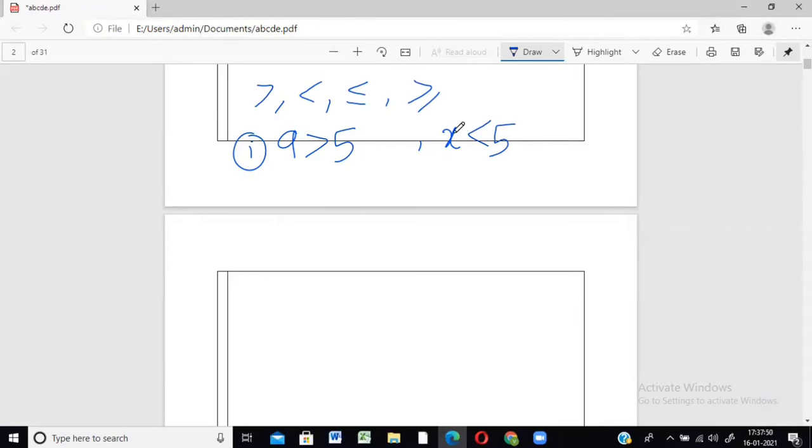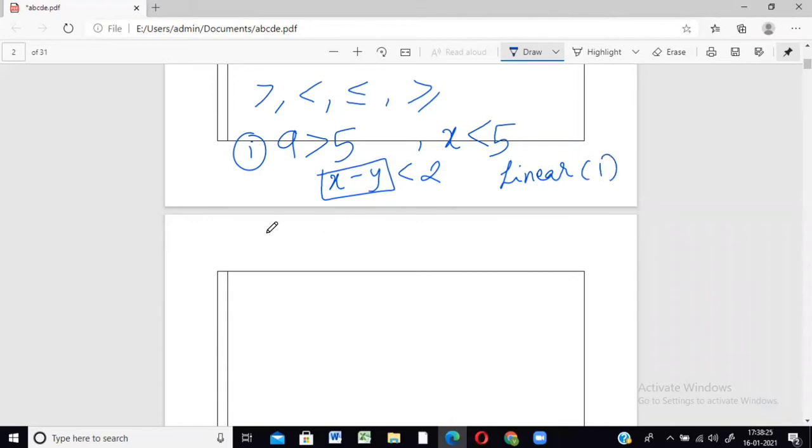Now, suppose equations that are not like these. Okay, not like 9 is greater than 5. The above examples that we just did. 40x plus 20y is greater than or equal to 200, something like that. Or examples like these, x minus y is less than 2. So this is nothing but a linear equation, right? Linear equation that can involve either one variable or it can involve two variables. But what do you mean by linear? Linear is always when the power of the equation, the highest power, is equal to 1.